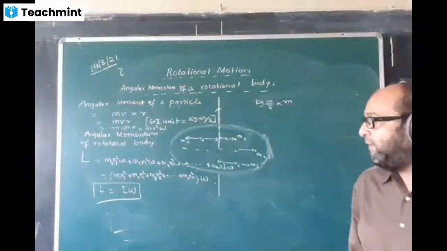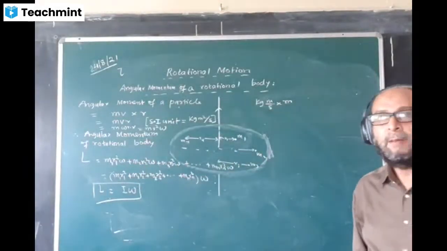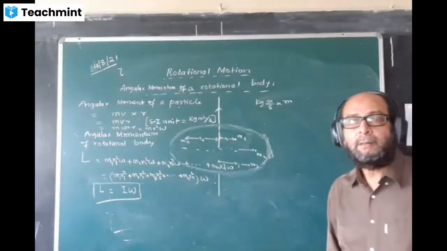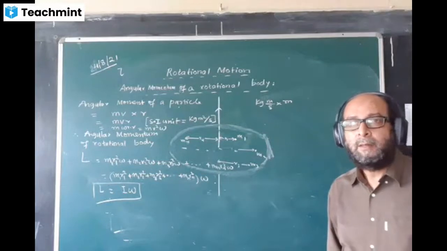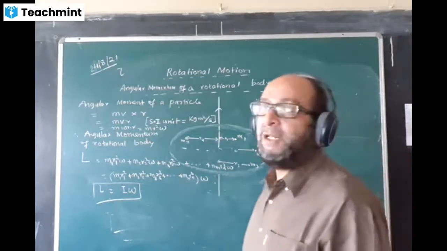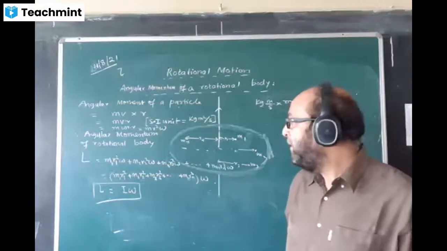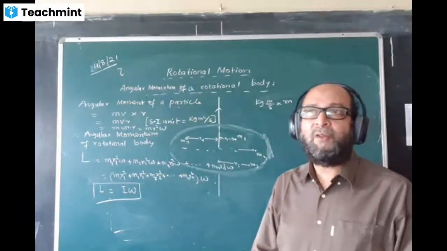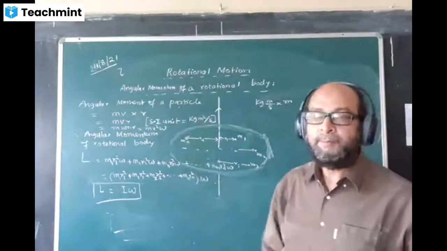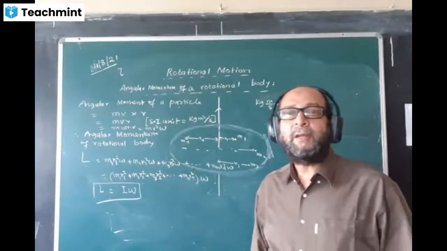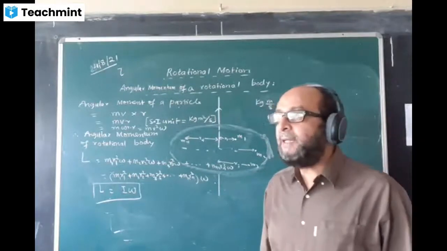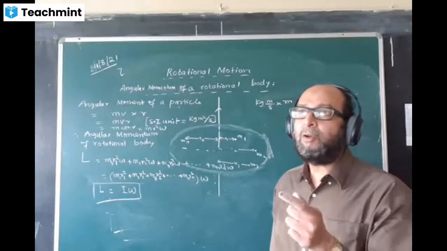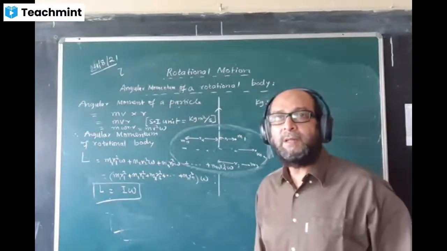This is the formula of angular momentum. The formula of angular momentum is L equal to I omega. That means for rotational motion, what are the formulas? You can write them in the comparison table. Just add on torque. In linear motion, torque is equal to F into R. Please mention that.